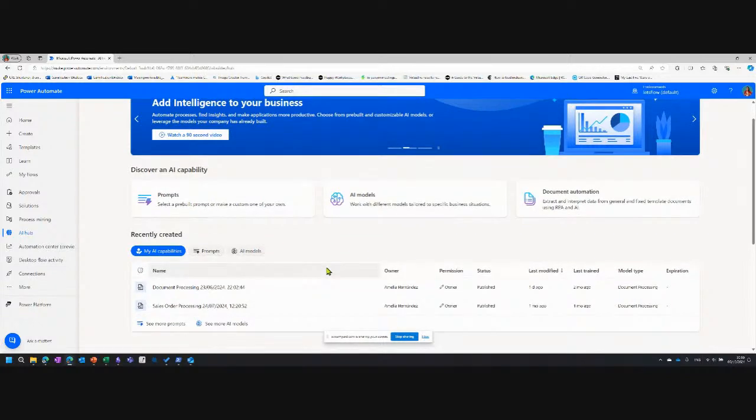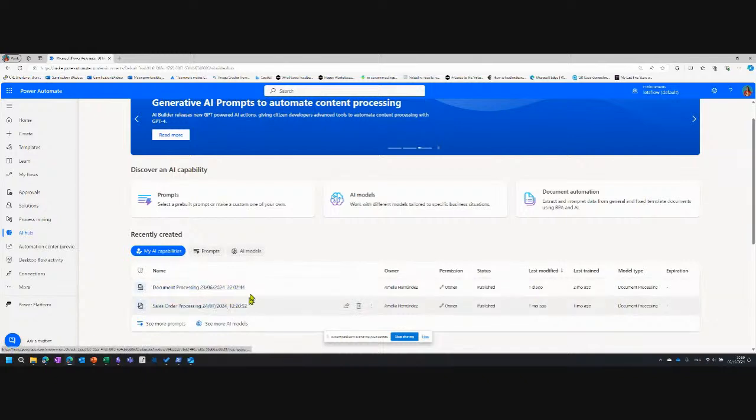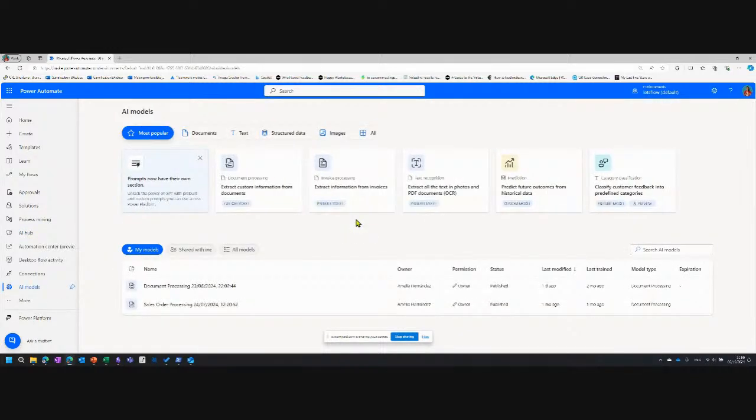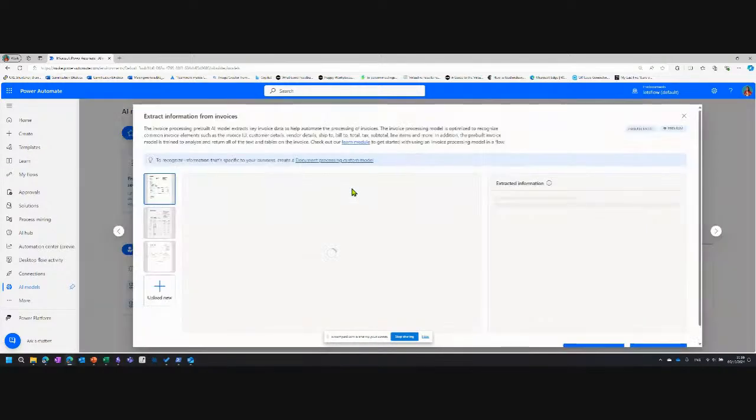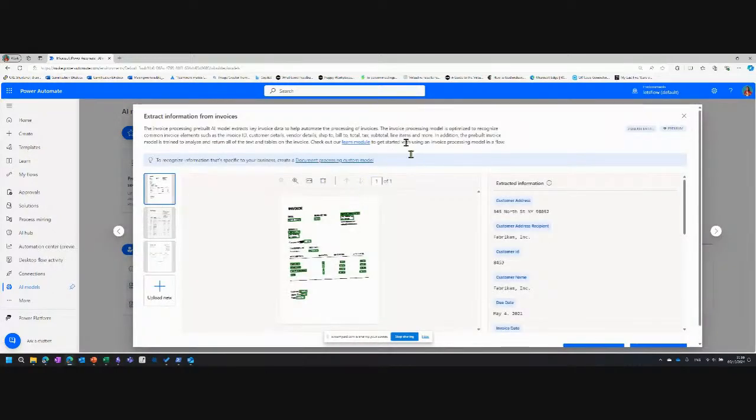Awesome. So those are actually custom models that I've been using. But today I'd like to go to the AI models. And then here in the AI models, you have a lot of amazing options, including this one, the invoice processing one. And here in the invoice processing one, this is really the place where you can start opening your mouth like, oh my god. Because